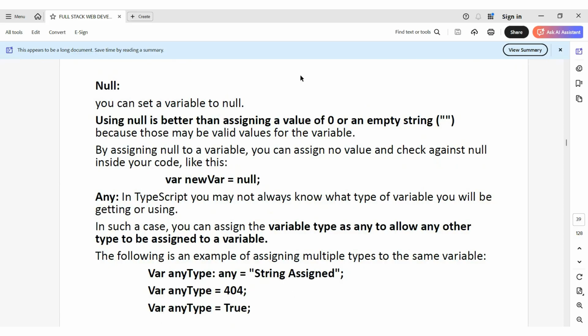Next, we are going to define any. In TypeScript, the any data type lets us define multiple types for the same variable, as in any type colon any equal to a string within double quotes. The next type we can say is any type equal 404. 404 represents a forbidden error or it might be a server error. Likewise, while defining HTTP statuses, we have discussed numbers like 404, 200, 300. Another way we can declare is any type equal to true.